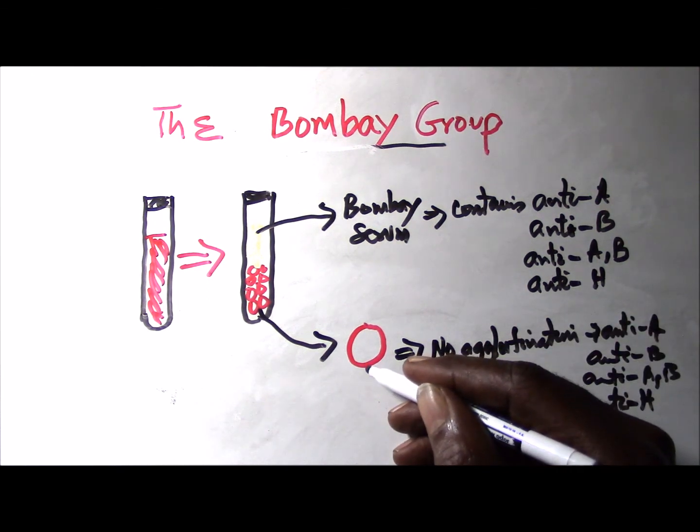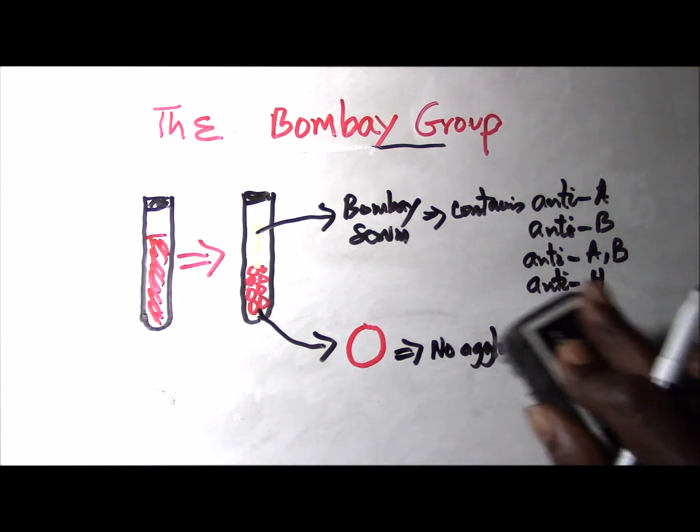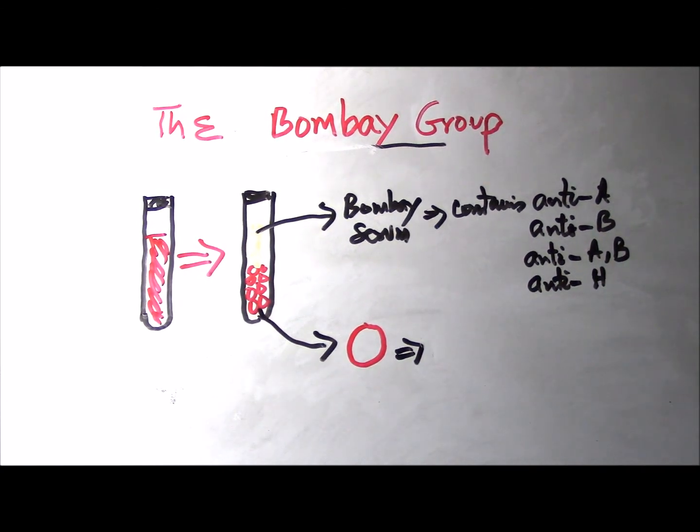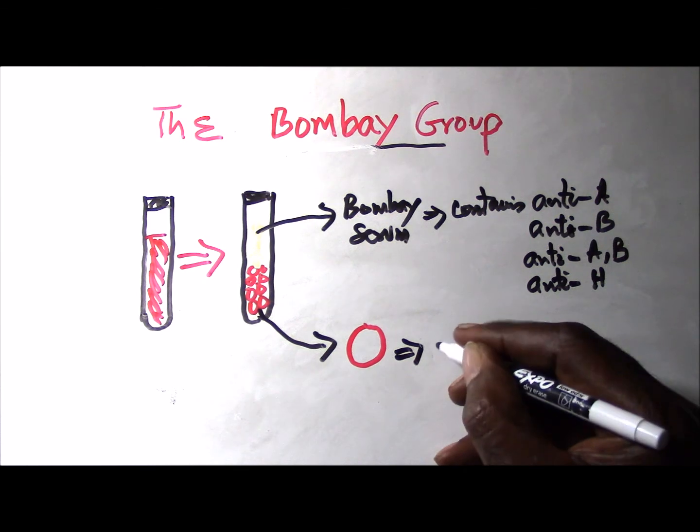By the same token, if you react it with anti-B, there will be no reaction. And if you also react it with, let me give you an example of something that will be confusing here. We already know that there's nothing here. So if we react it with